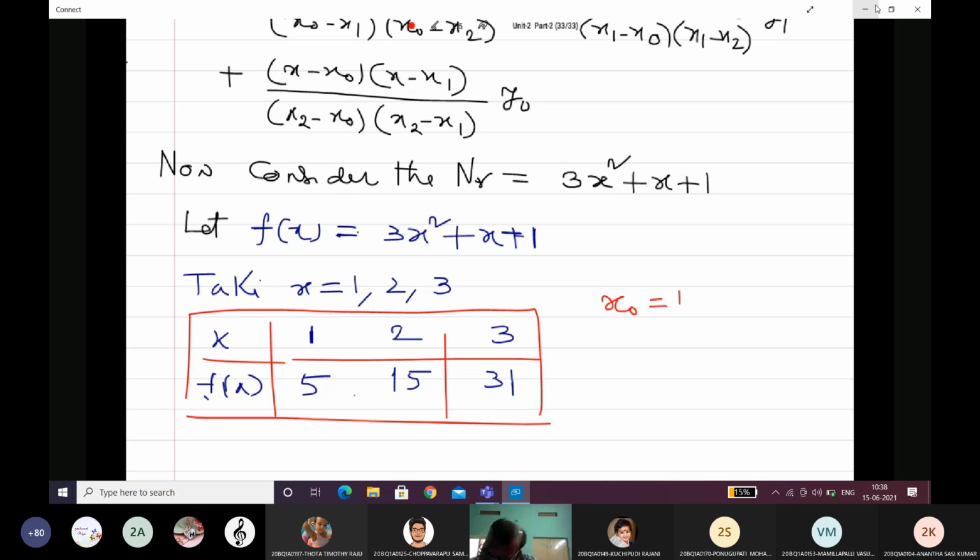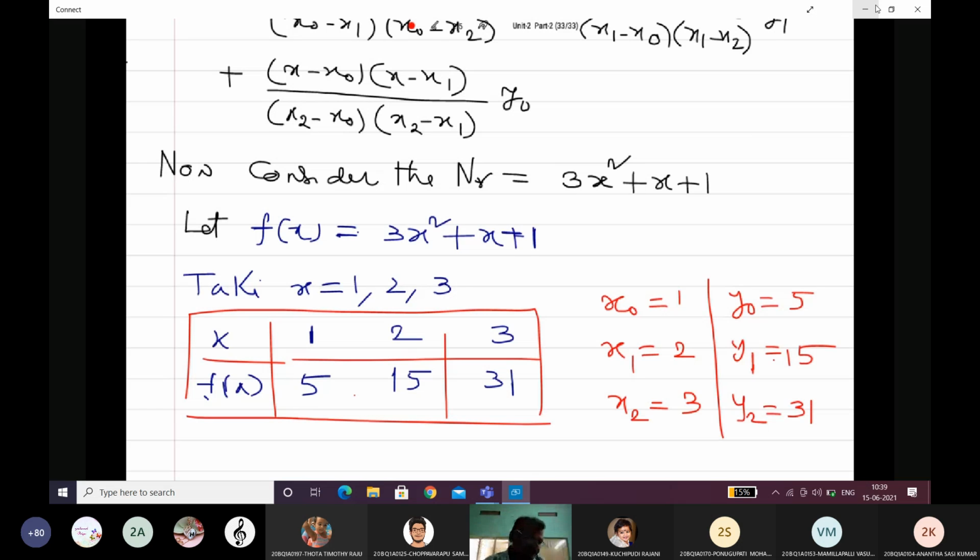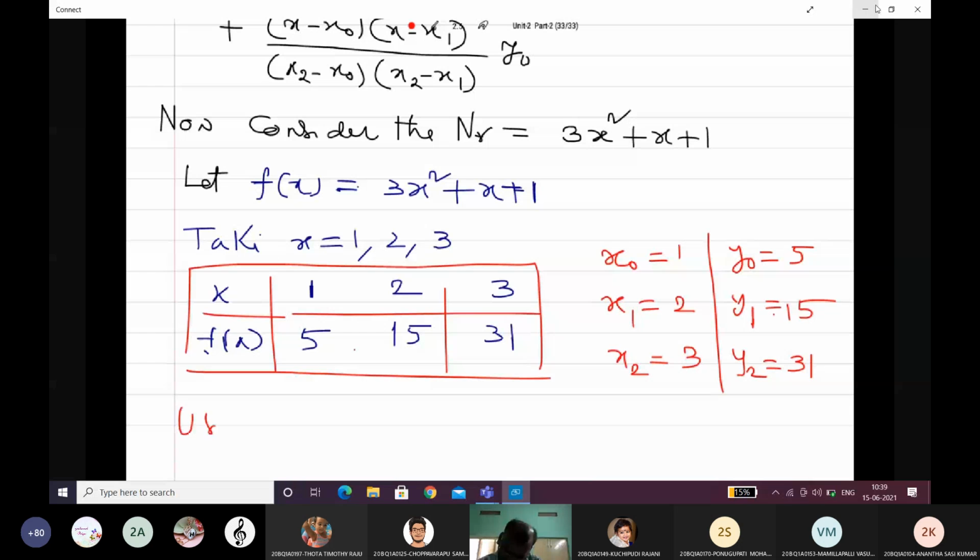Right? Now here x naught is equal to 1, x1 is equal to 2, x2 is equal to 3. Similarly, y naught is equal to 5, y1 is equal to 15, and y2 is equal to 31. Okay, now using Lagrange's interpolation formula,